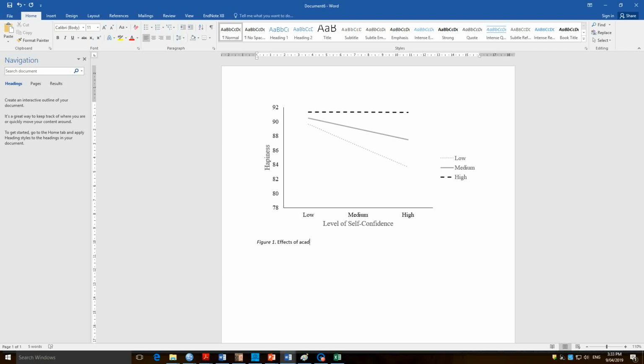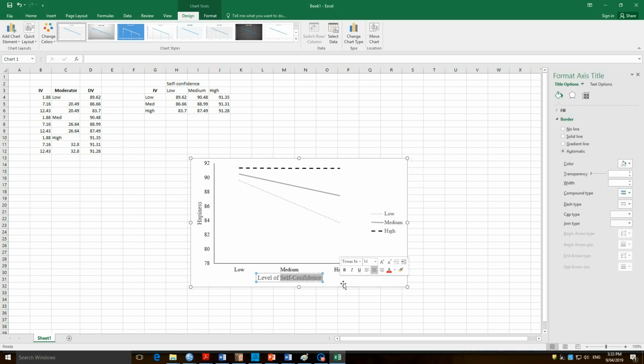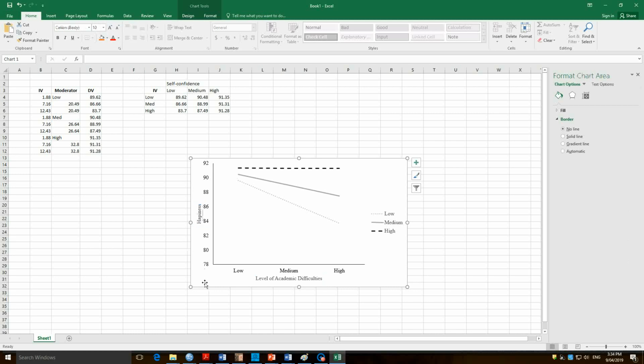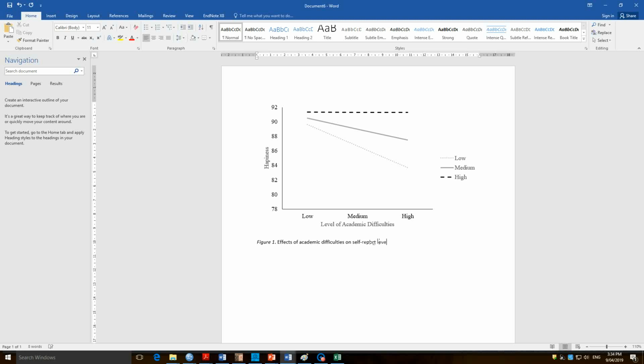Oh, I just realised I made a terrible mistake. For the axis, that shouldn't be level of self-confidence, that should be level of academic difficulties. My apologies. And while I'm there, I'll change it back to 12 point. Okay, so I'll copy that graph again, delete that, gone. Effects of academic difficulties on self-reported levels of student happiness